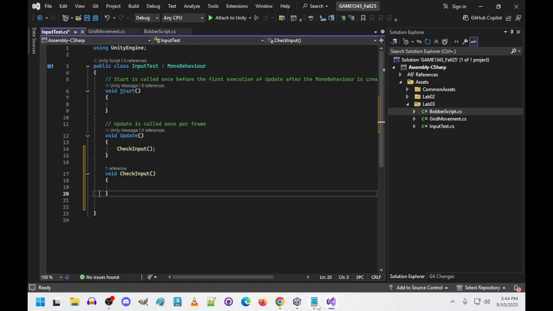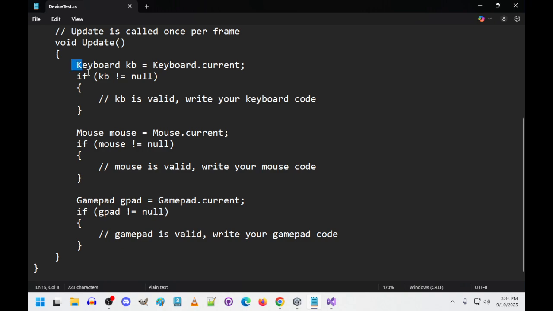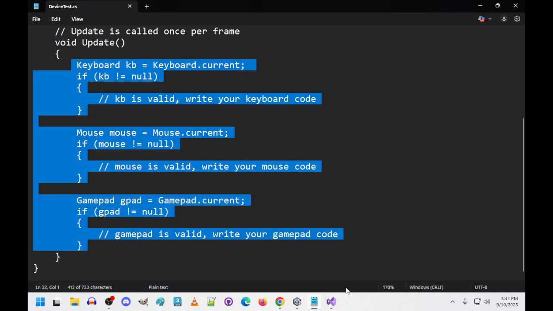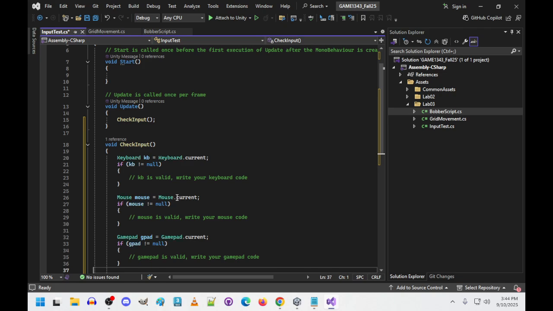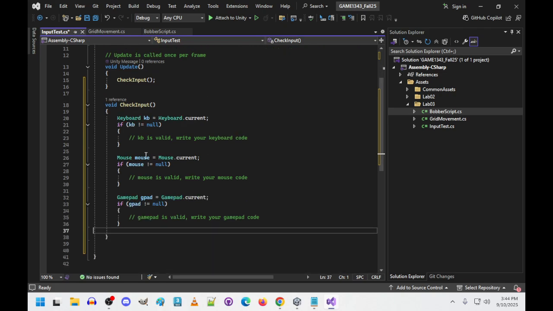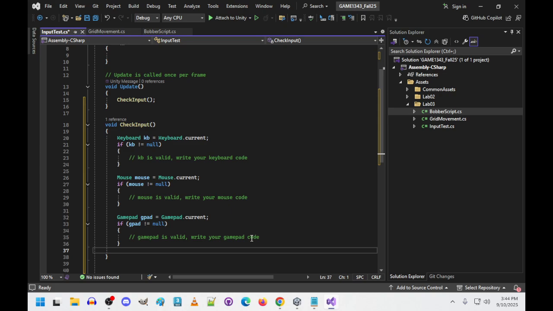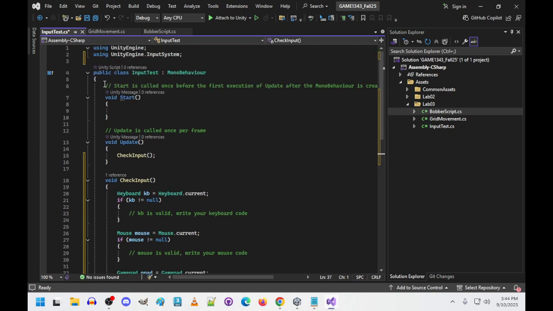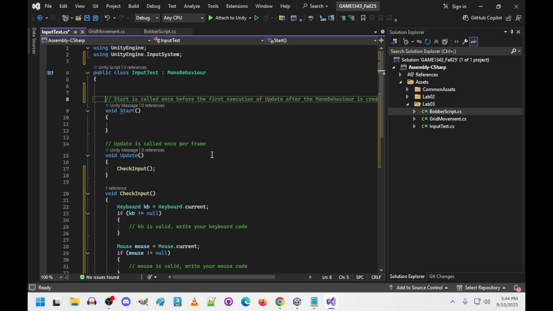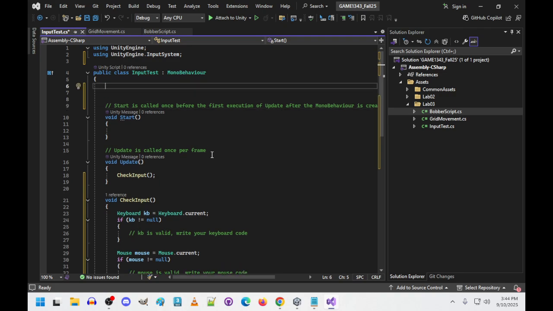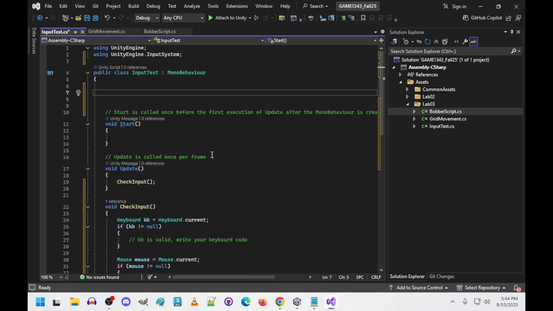So again, all that code that I have here in the update, I will now grab and I'll put it in check input instead. So I've got something for my keyboard, I've got something for my mouse, I've got something if I have a gamepad. We'll set up 3 booleans. Well, bool,